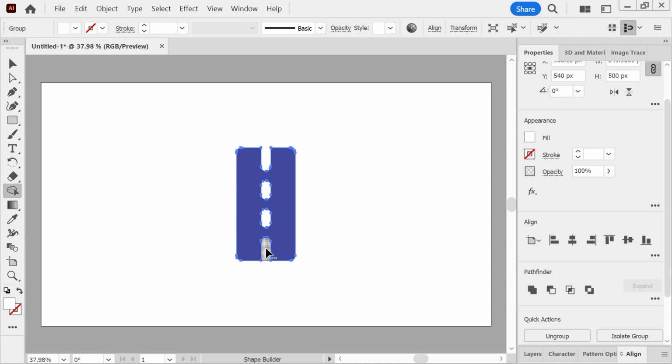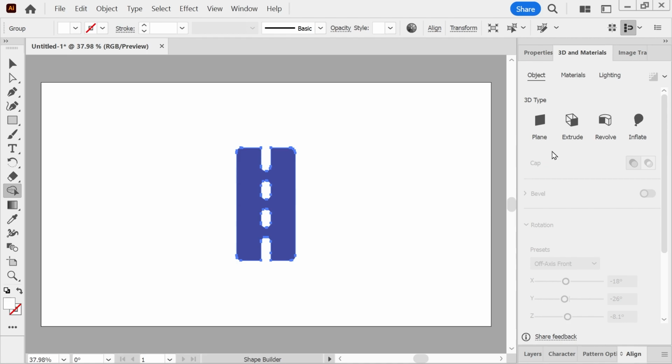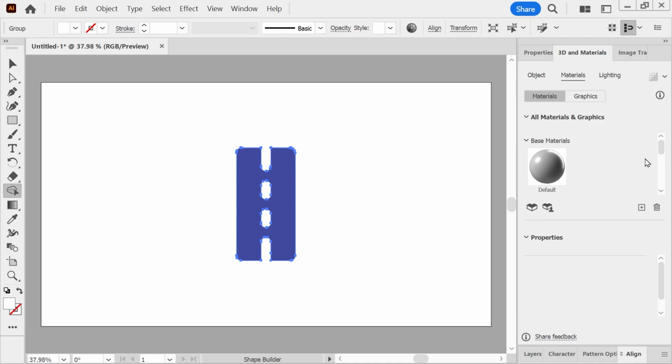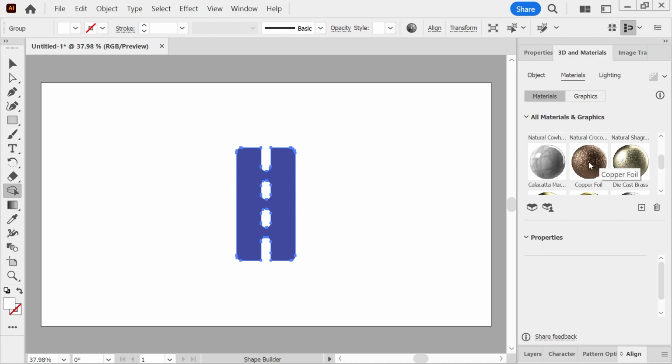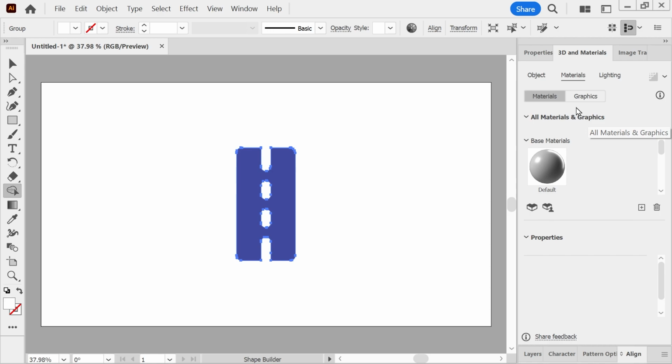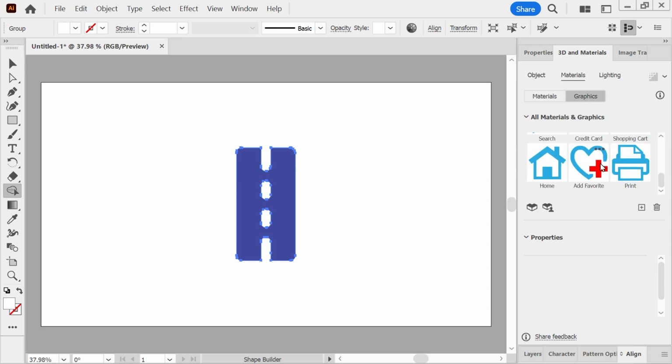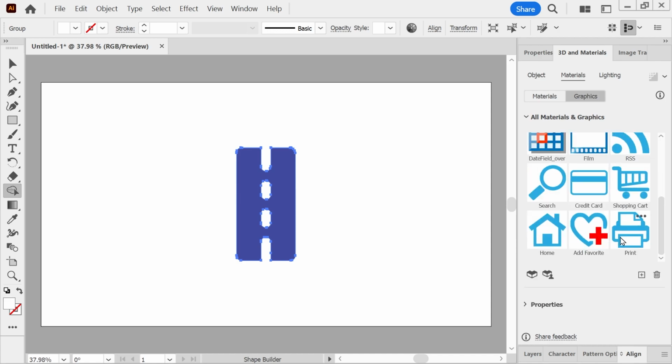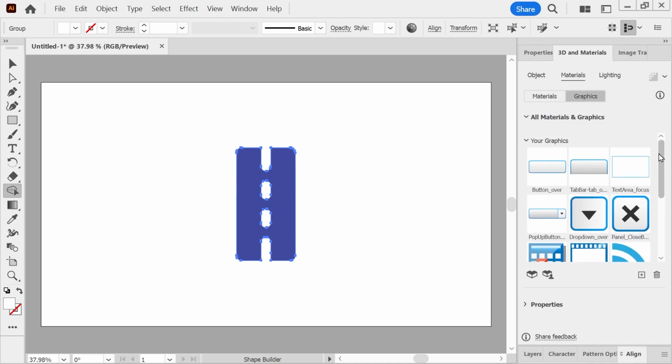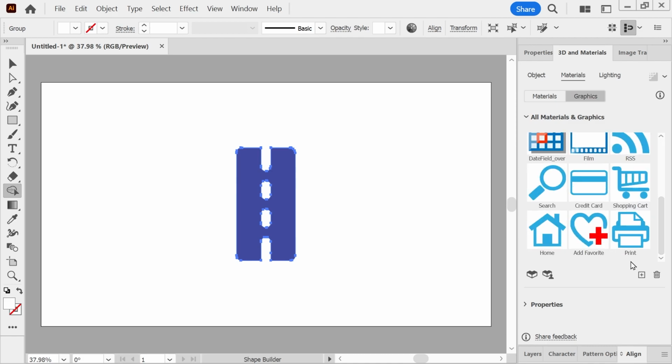All right. So once you've got that, what I've realized with the 3D materials thing here is that at this stage you can start putting all these materials in here, right? But if you do that, the way it loads, it goes really slowly. So what you actually have to do before you even start putting all the materials on is save it to a graphic thing. So here's the various graphics that I've got here. I don't know why these are here. I probably won't use any of them, but all you have to do then,